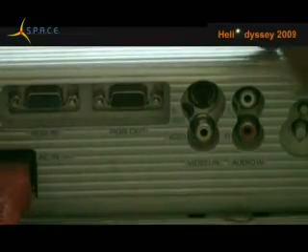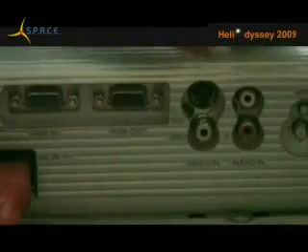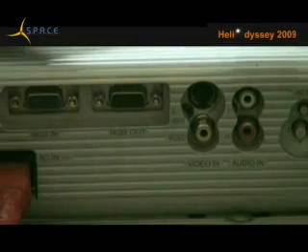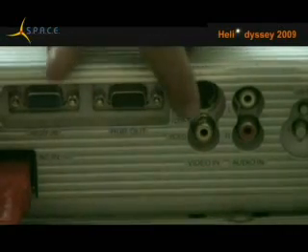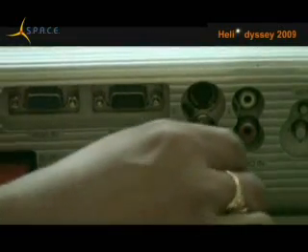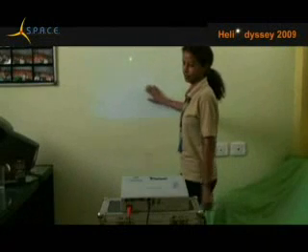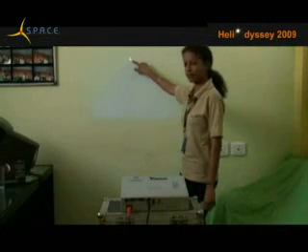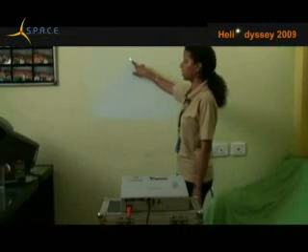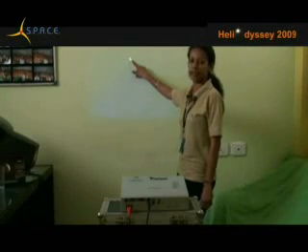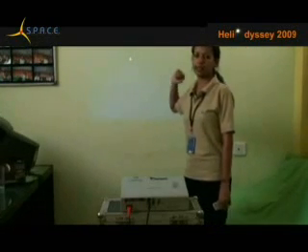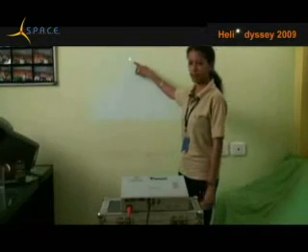If you see, there are some video in and audio in ports on the projector. Now I will put this wire into the video in of the projector and let us see if we have the image of the sun on the screen or not. Now we can see the screen, right, and there is a dot on the screen, and this small dot is nothing but our own star, that is the sun, right, which is being shot outside through the handycam, but the image is coming over here.